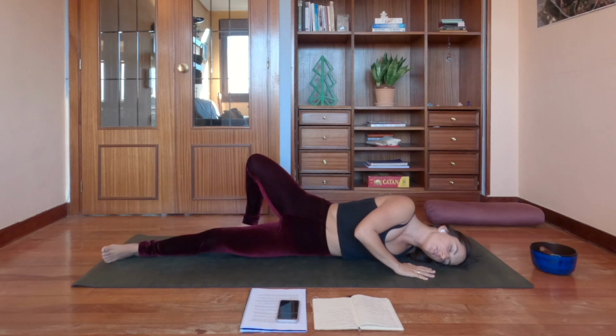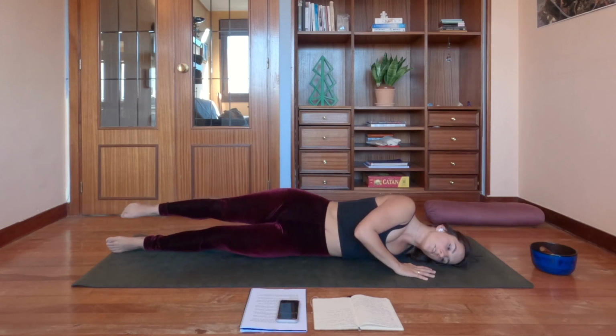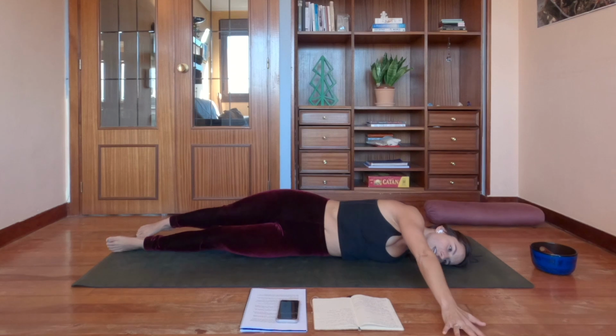Breathing in through the nose. Big exhale, sigh it out. Nice big inhale. Exhale. And slowly we're going to come out of the posture, bringing that right leg out long, using your right hand